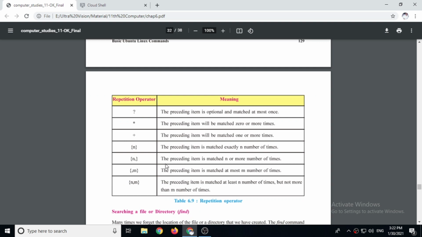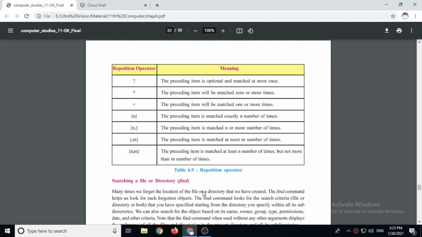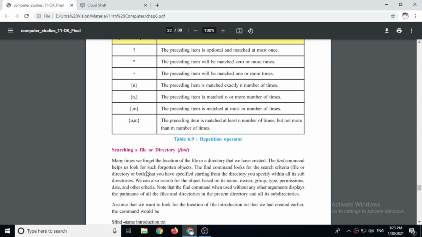N comma, the preceding item is matched n or more number of times. Comma m, the preceding item is matched at most m number of times, meaning maximum m number of times. N comma m, the preceding item is matched at least n number of times but not more than m number of times. So these are the options that you can use in your Linux operating system.